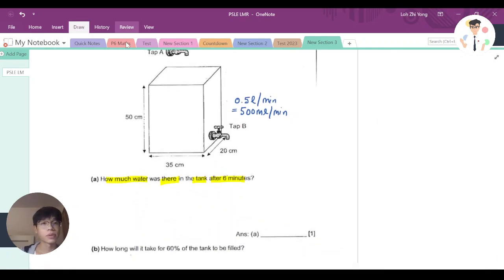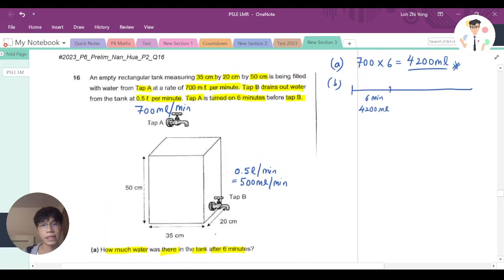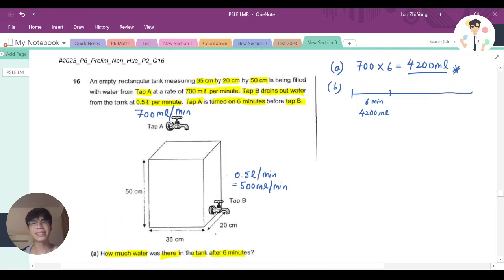How long will it take for 60% of the tank to be filled? So you know that how long basically means how many minutes in this case will it take for 60% of the tank to be filled. Now, first thing we need to understand is what is 60% of the tank? So we need to try to find the volume first, right? What's the expectation? So 60% of the tank